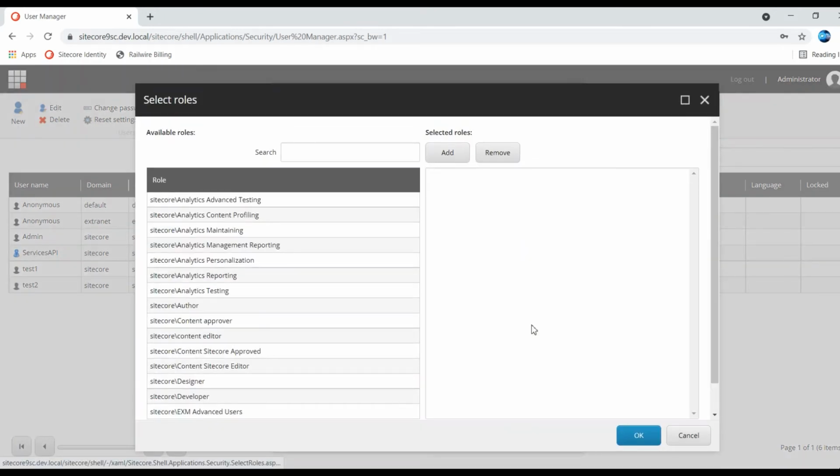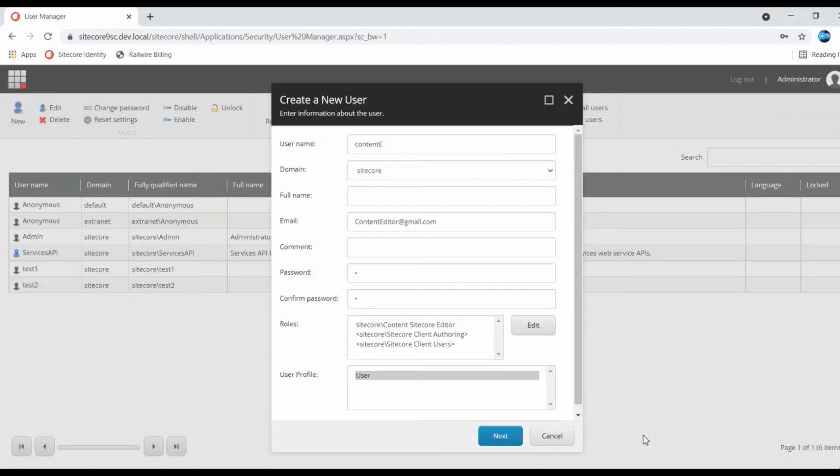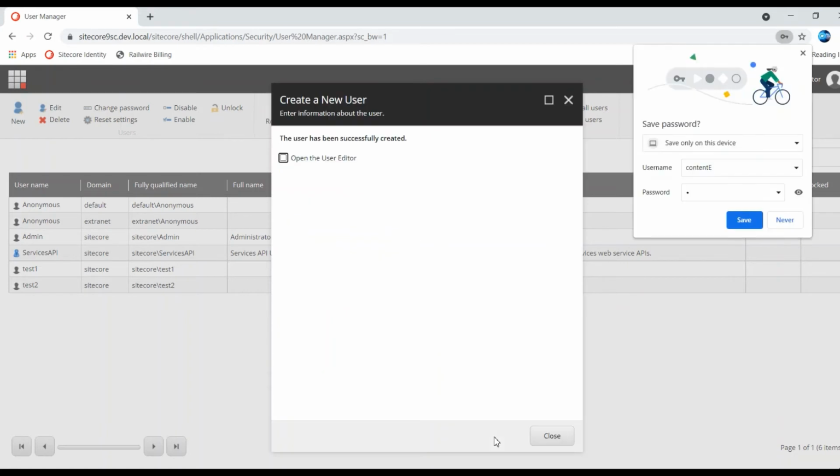Now I'm selecting the role as Sitecore content editor. Add the Sitecore content editor role. See, client users and client authoring, Sitecore, these two automatically come within this client authoring role. Okay, next.